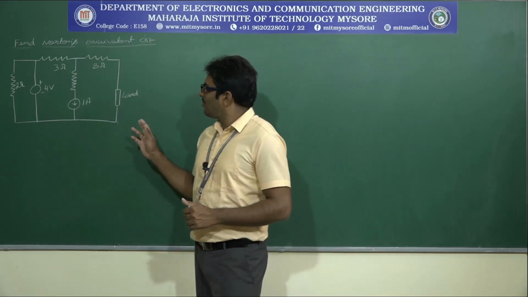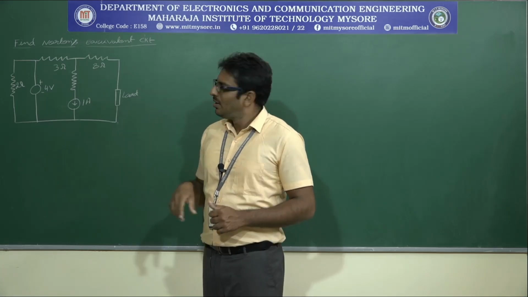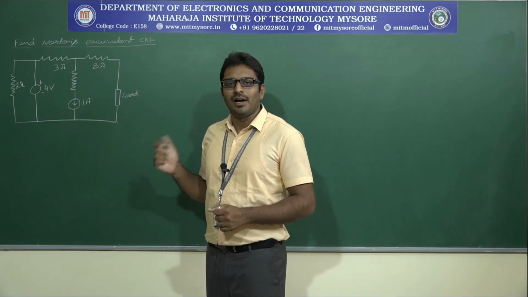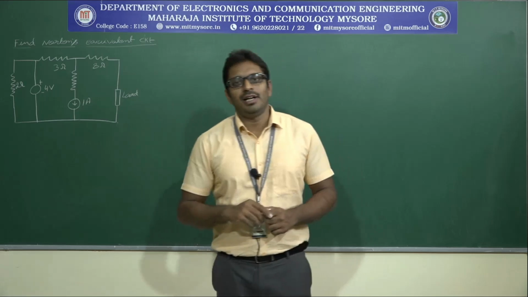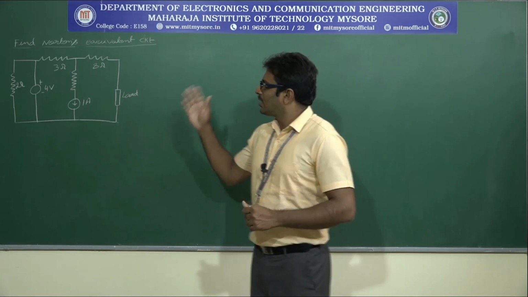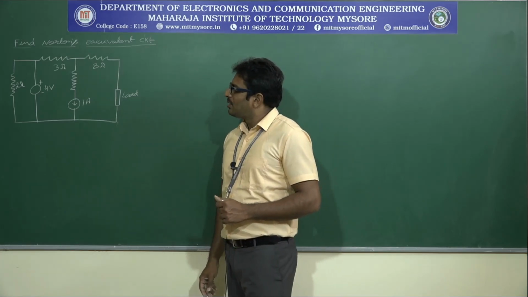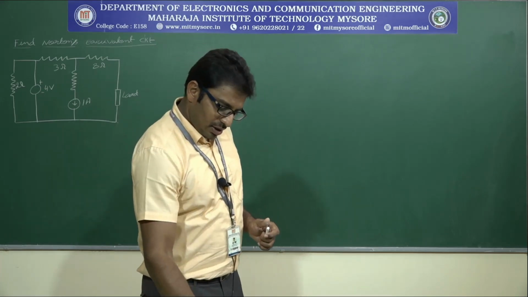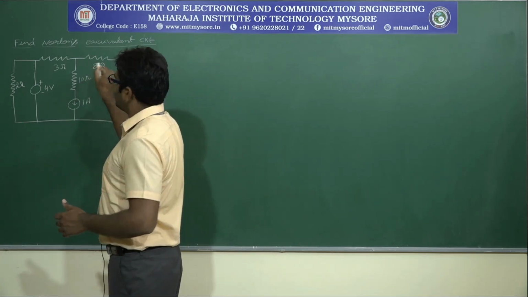You can see this problem, we already solved this problem by using Thevenin's theorem. I am taking the same problem so that you can understand easily how we can obtain Norton's equivalent circuit by applying Norton's theorem. I already explained this problem. By seeing this problem, there are some redundant elements in this problem. Let me write the resistance value also. This is 10 ohm resistor.